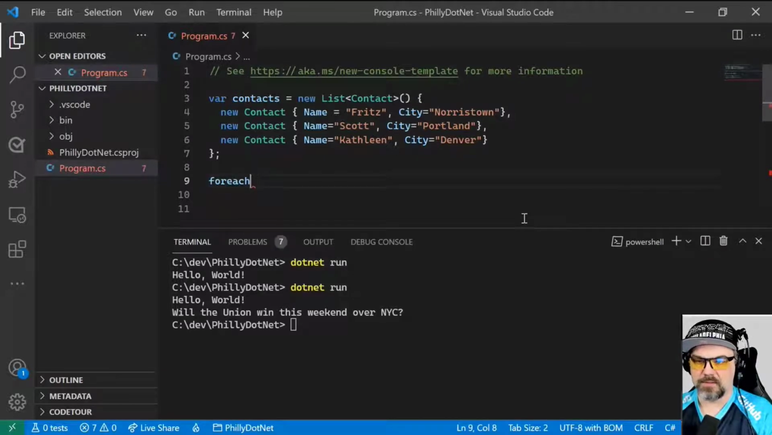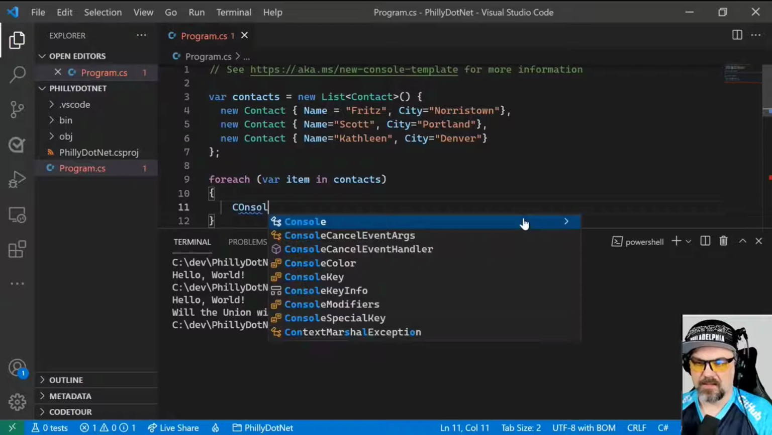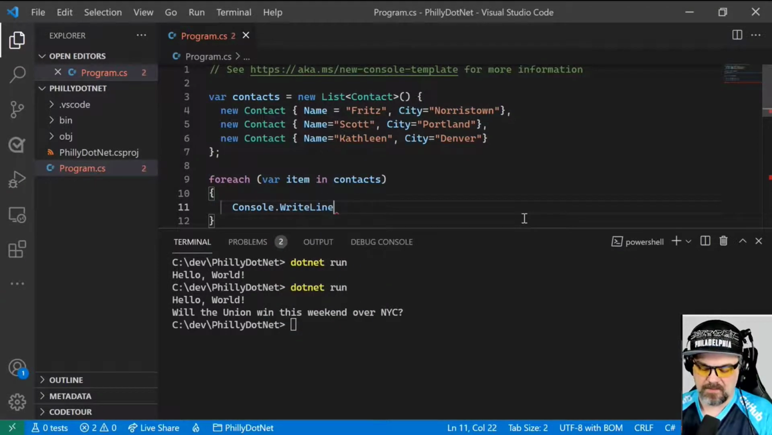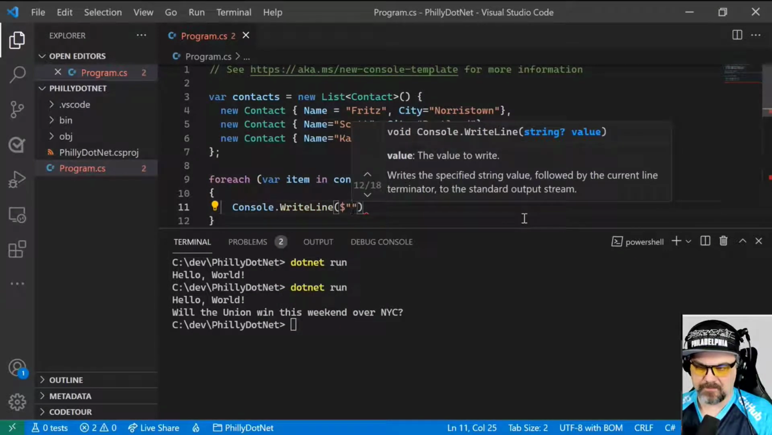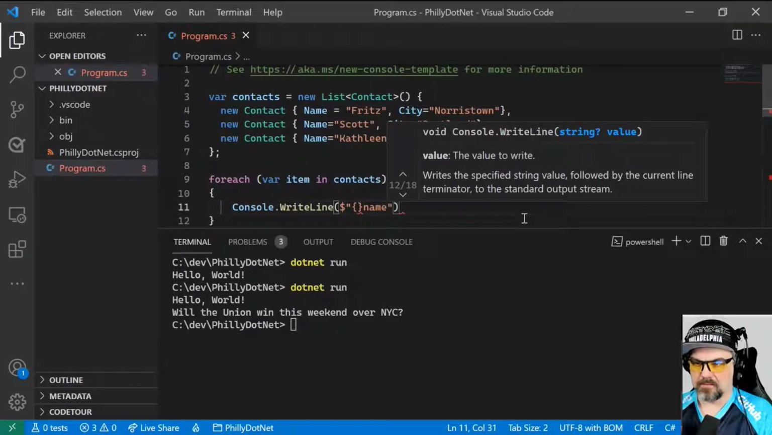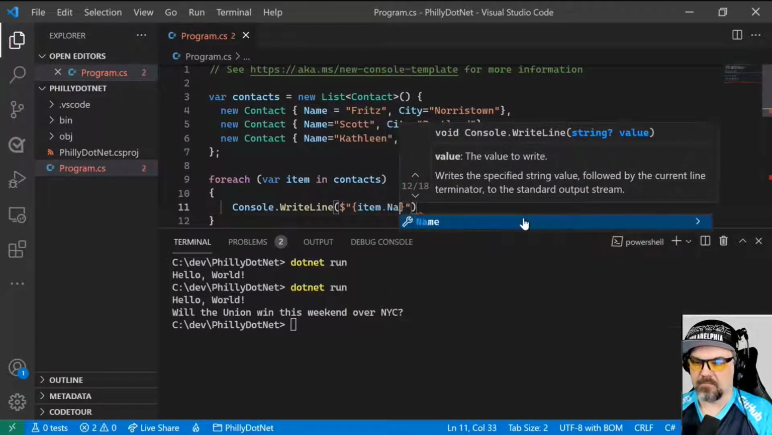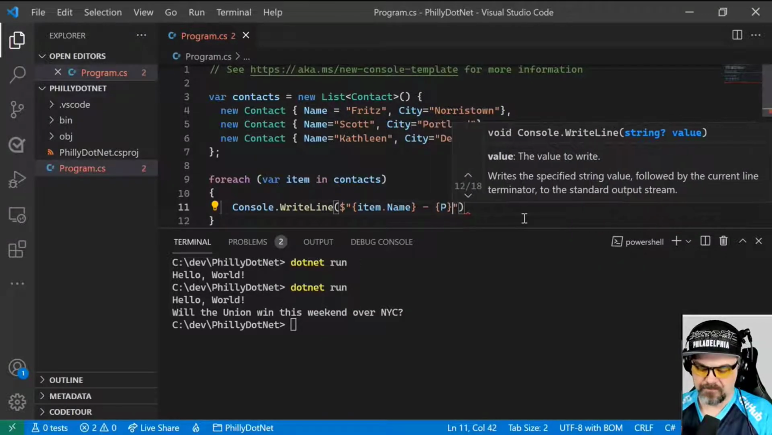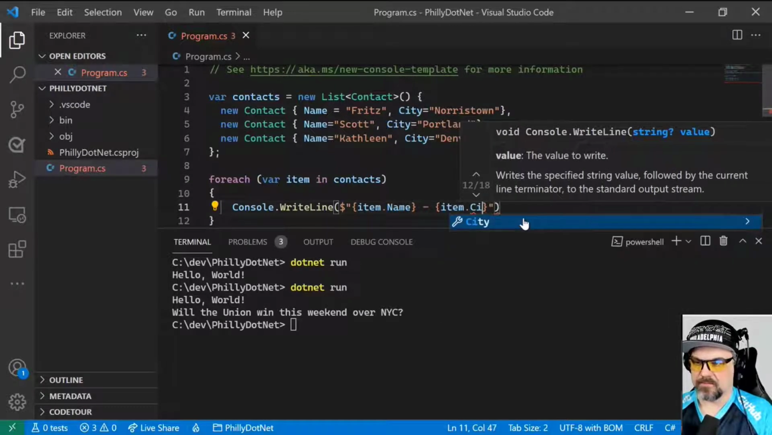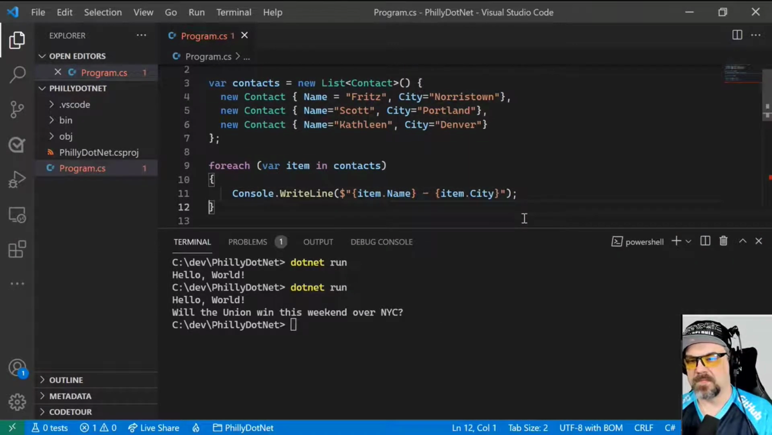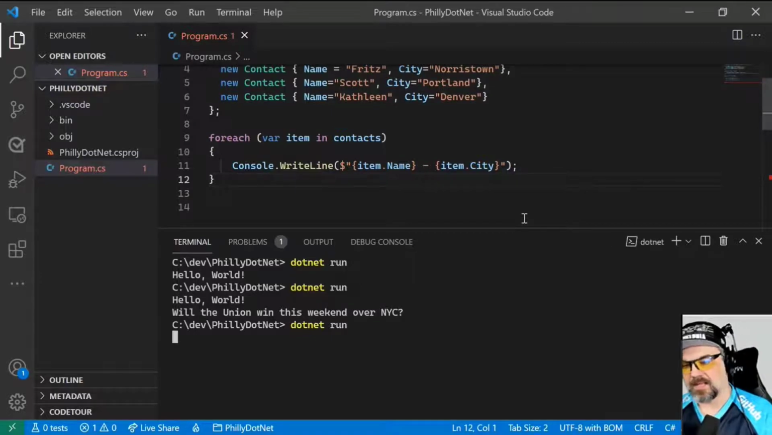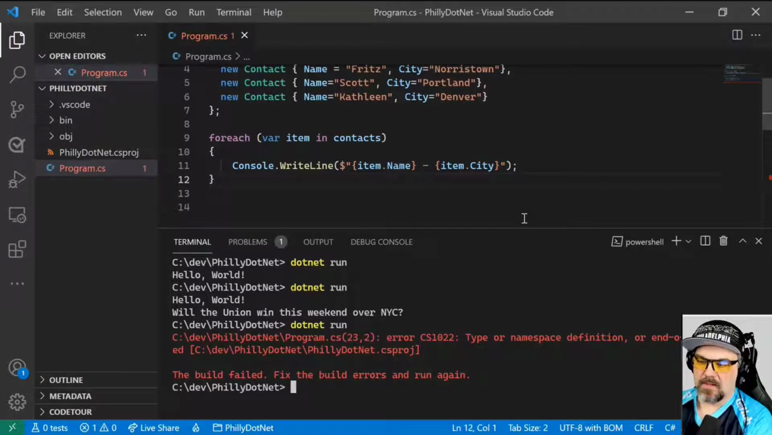I can do foreach. Var item in contacts, right? And I can just say Console.WriteLine, and let's just say item.Name. And we'll put the city there, item.City. Okay. And I can run this, and I'm going to get my list of